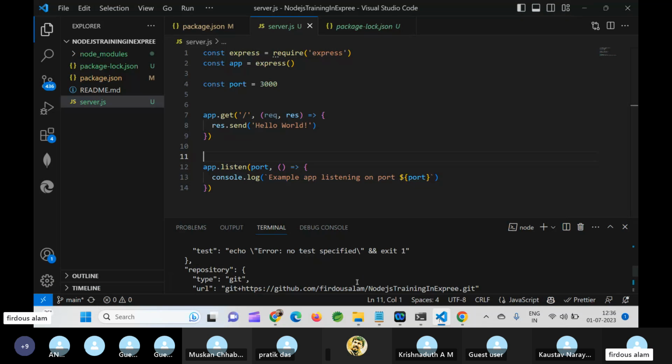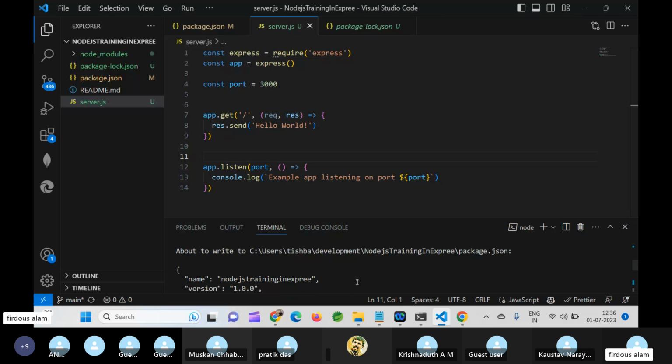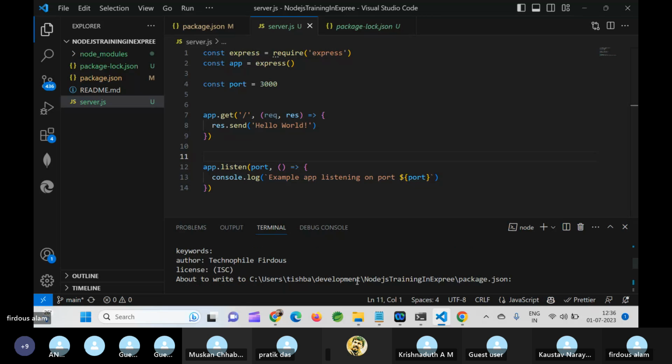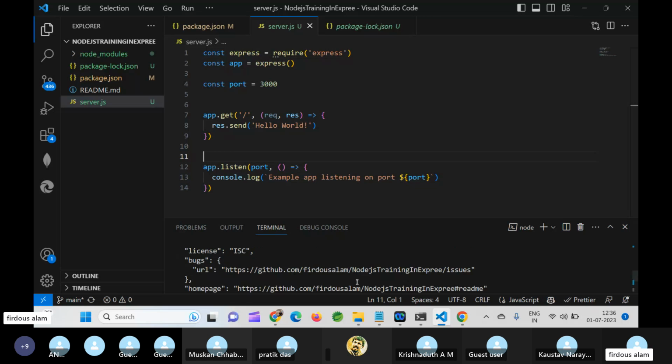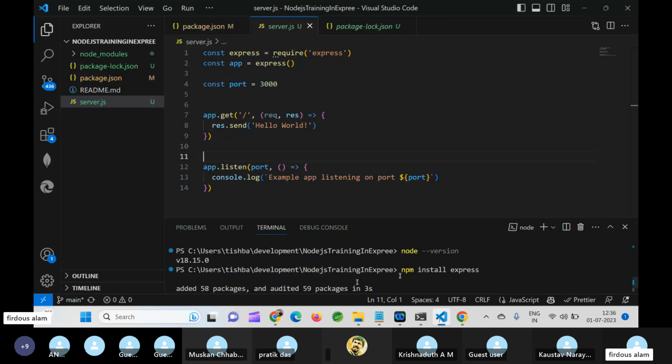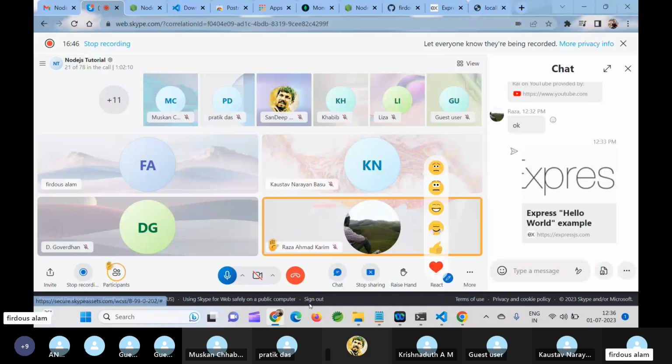After this, from the next class I will go more speedily, because I know this session will take time. Then what I did, I came here and typed npm install express, or you can share your screen and do this thing.